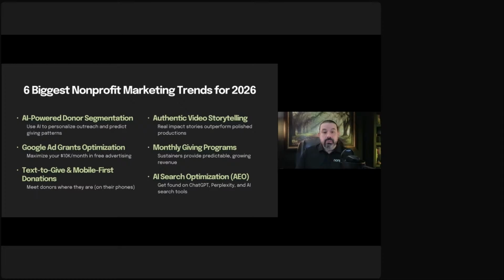And then finally, AI search optimization, a huge deal. So we've heard about SEO, right? Search engine optimization. What we're seeing in 2026 is folks shifting their focus not away from SEO, but to include what's called AEO, or AI engine optimization. What that means is that people want to be found, right? When someone asks ChatGPT, where can I volunteer in my area? You want to come up. When somebody asks about a food bank in their area, food banks want to come up. And so we want to make sure that we're giving AI all the juicy content it needs to know to recommend us.